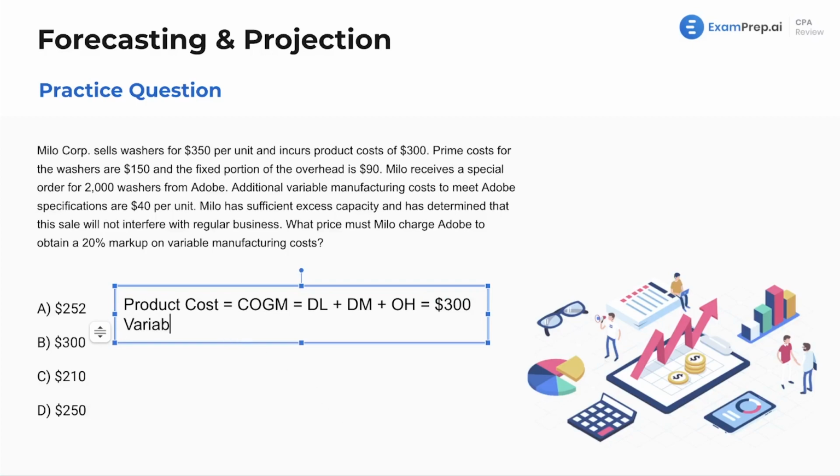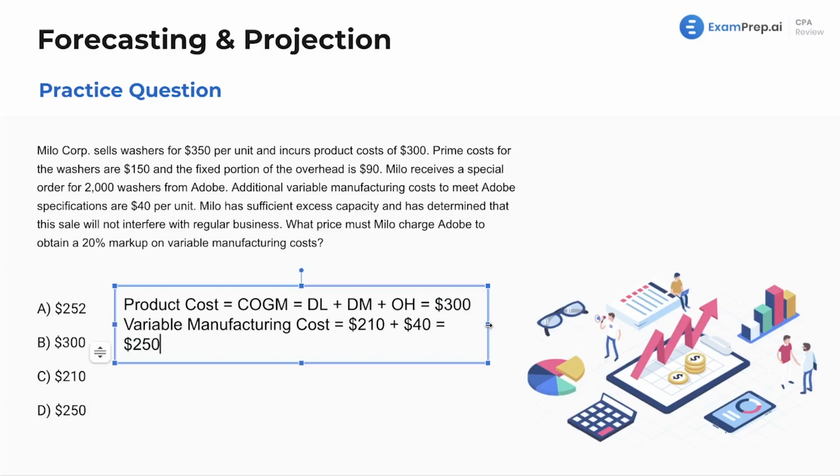Well, variable manufacturing cost, what's that going to be? Well, that's going to be actually 210. Where do we get that? 300 of total product cost, take out the overhead right here. Take out this overhead of 90, leaves us with variable manufacturing cost of 210. So if Milo accepts these additional orders, additional information, we're going to have $40 per unit of additional costs. The total manufacturing variable cost as such is going to be 210 plus 40 for a total of